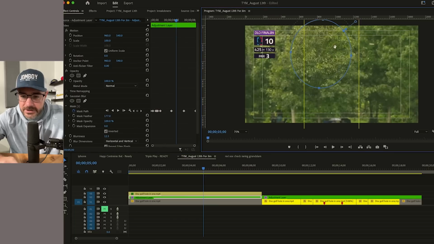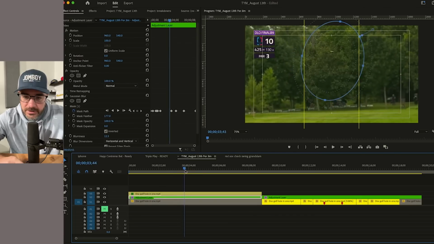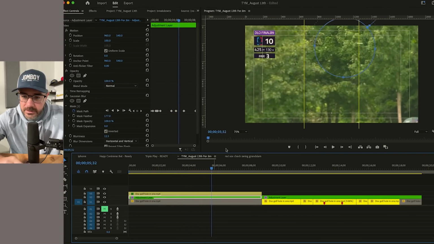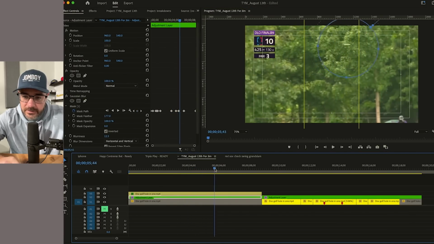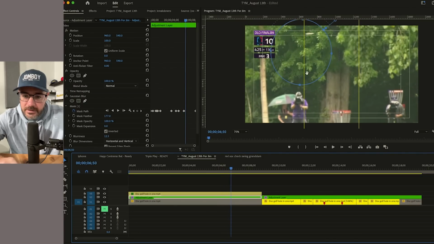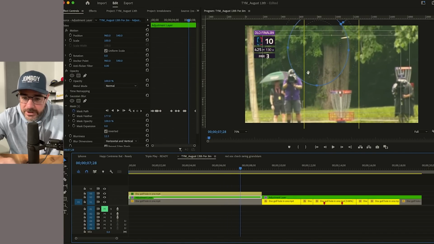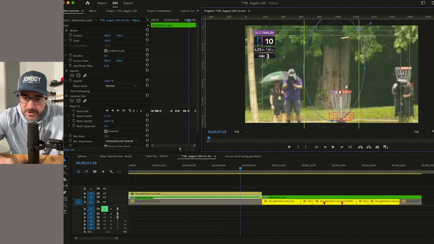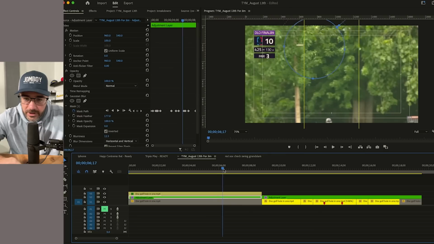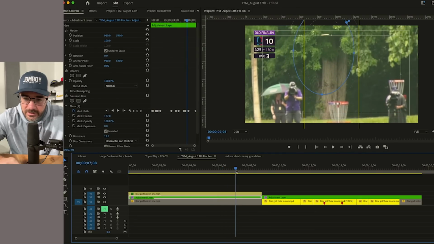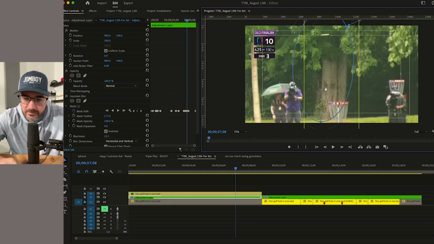Oh, totally lost it. Make it a little smaller. Totally lost it. So let's see. Not centered. Cuts across the screen. And then when the basket comes into play, I just want the audience to see the aim. So I might even,